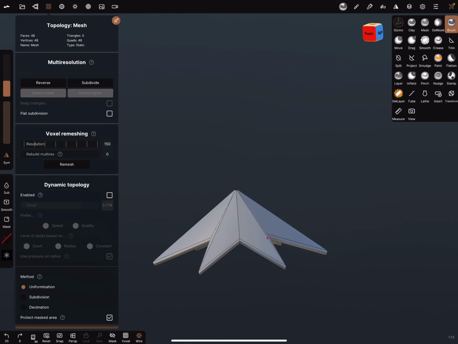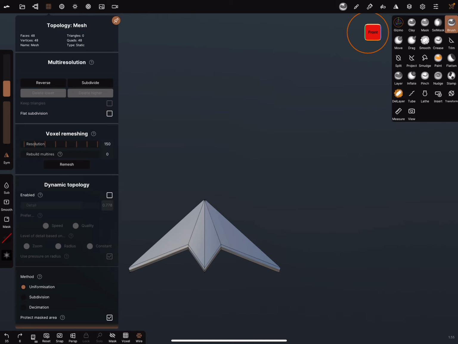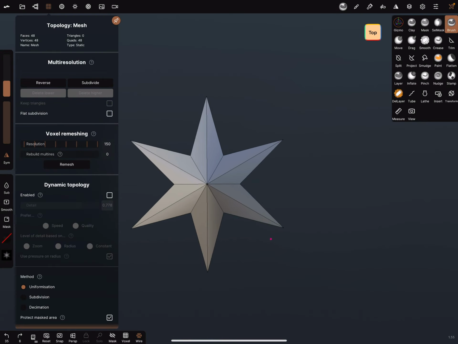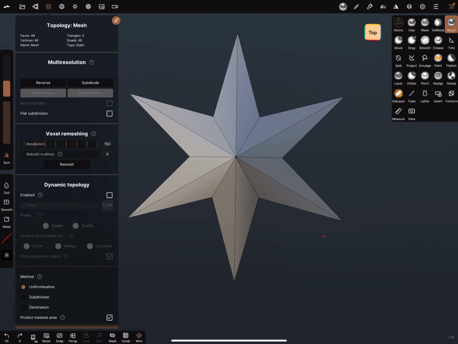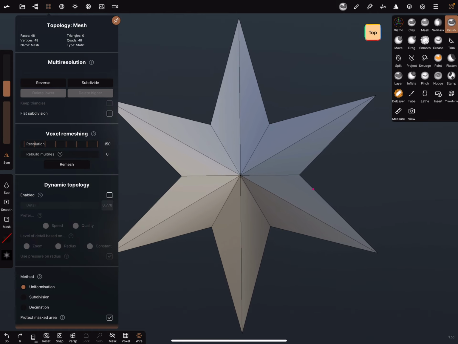I created a star like this, and in the side view, you see the star has a height, and this is the top view. And you can bring it here in position. You can create every object. This is only a good example to create the height maps.